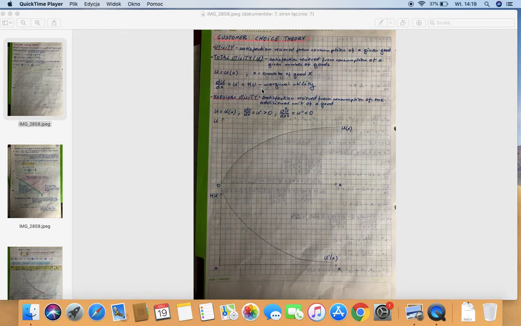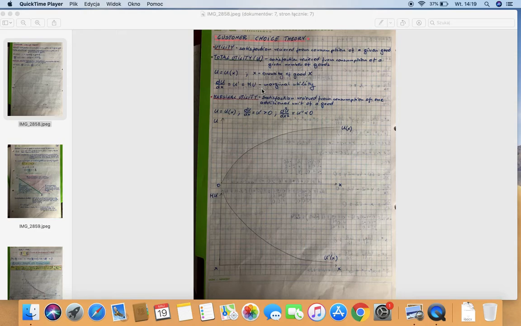So look, basically total utility tells you total satisfaction if you consume 7 sandwiches. But marginal utility gives you the amount of satisfaction you get from eating the last sandwich. So going from number 2 to number 3, by how much your satisfaction increases. From sandwich number 3 to number 4, by how much your satisfaction increases. And look,